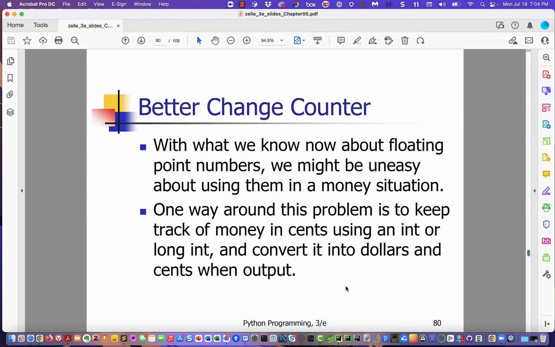So now it's time for us to write a better change counter. There's a couple things that we want to do. We want to make sure we have the right formatting. But an issue is raised here of whenever we're using floats